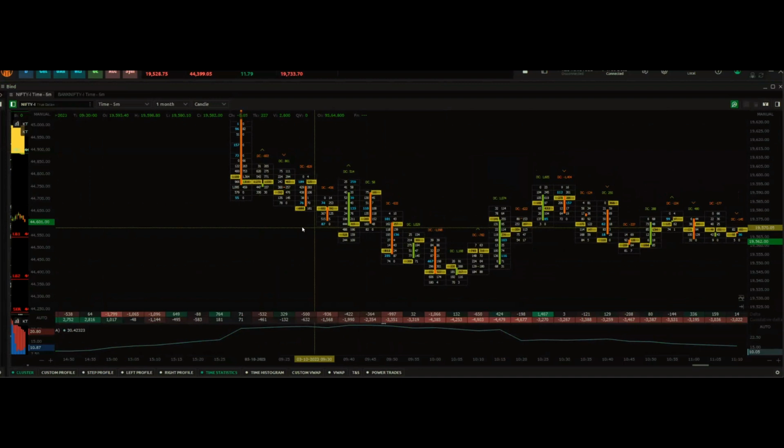Use 2 times, you double the average true range and use it as your tick size. This is a textbook, or a standard method of calculating your tick size. You can do this across asset classes and across instruments, say Nifty, Bank Nifty, or any stock that you want to trade, and you can review it.